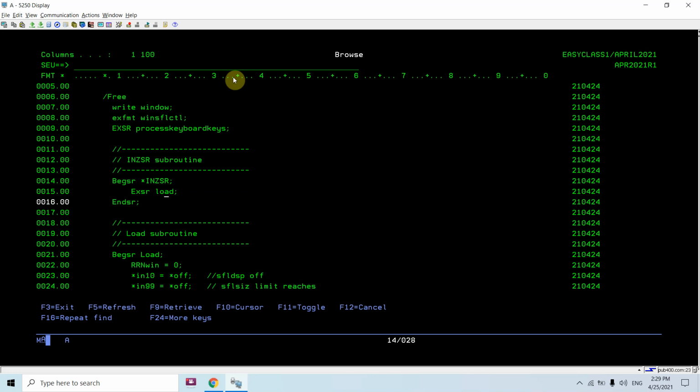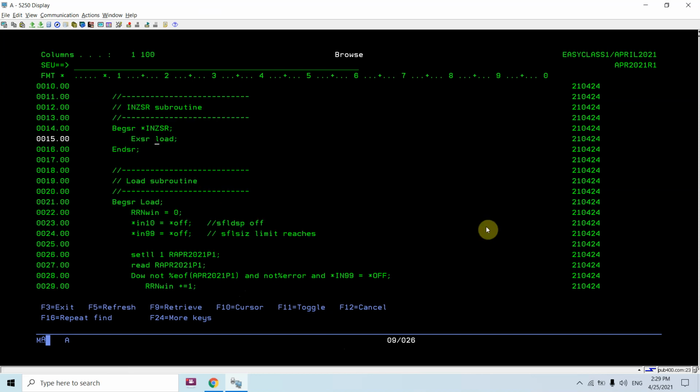Our subfile gets loaded easily there, and it will not load the subfile again and again whenever we are displaying. Every time we display the subfile or press the enter key, we have already loaded it in the initialization subroutine, so that will not cause an issue.